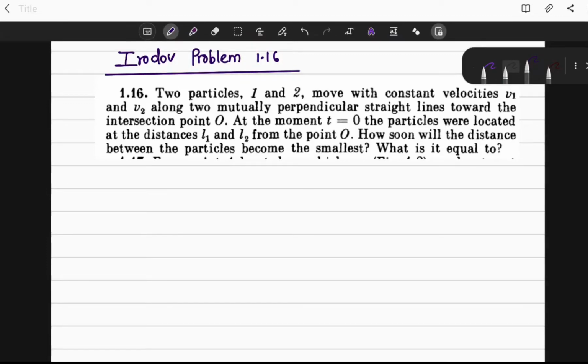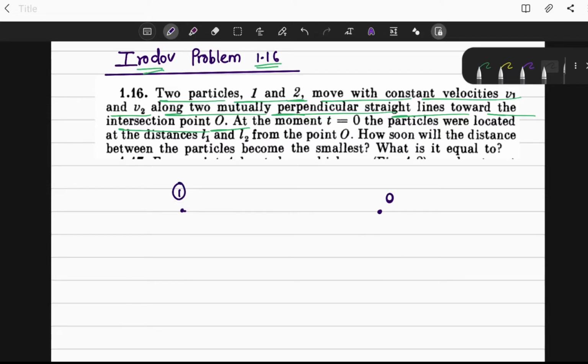Hello everyone. In this video we are going to solve problem number 1.16 from Irodov, and that is related to kinematics. So let us first read out the problem and then we will solve it step by step. Two particles 1 and 2 move with constant velocities v1 and v2 along two mutually perpendicular straight lines towards the intersection point O. So let us consider that this is the point O, and here we have